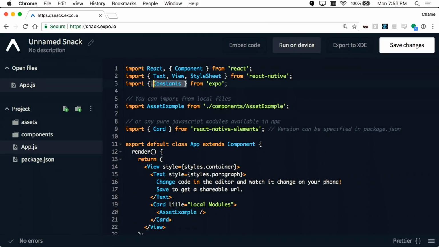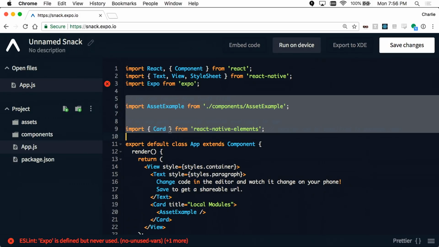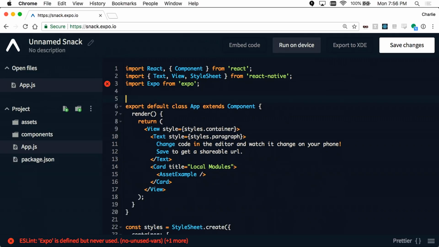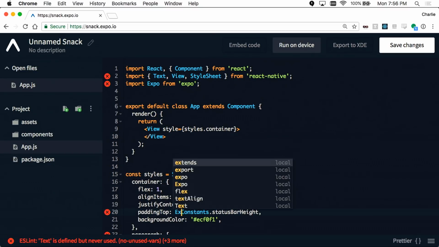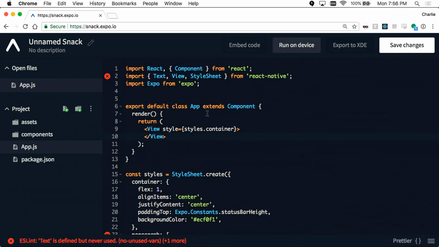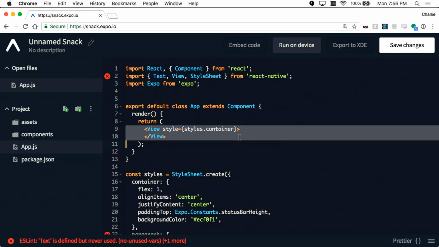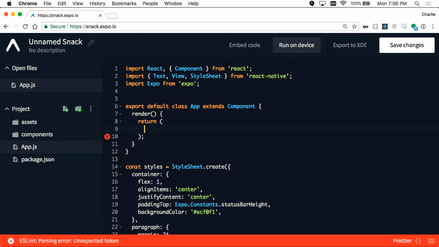I'm going to change this constants thing here to just import Expo. I'm going to delete this import asset example and import card because we don't need those. And then I'm just going to delete all this stuff in here and then change this to expo.constants. So now I just have a plain view. So I'm not even going to use that plain view. I'm actually just going to do